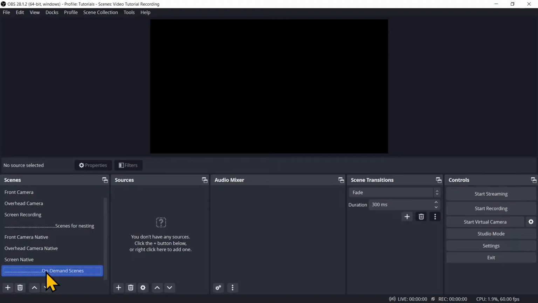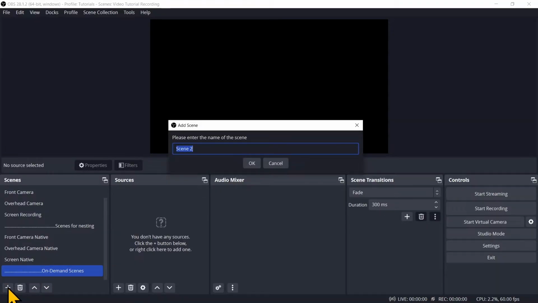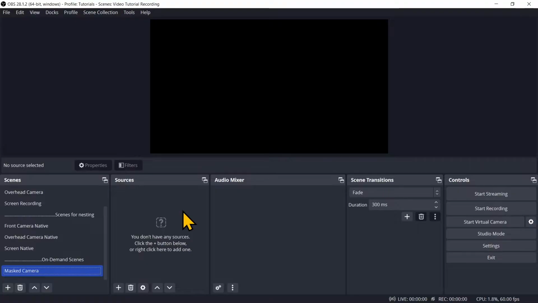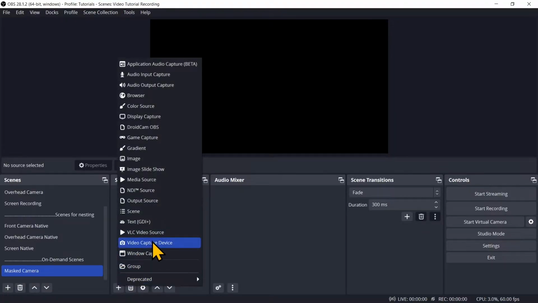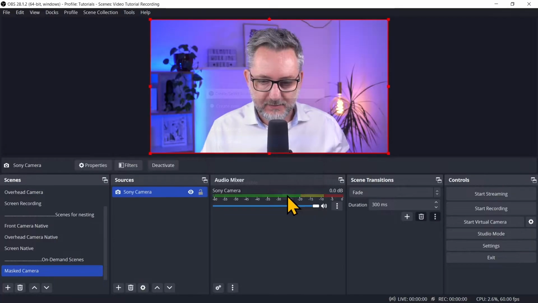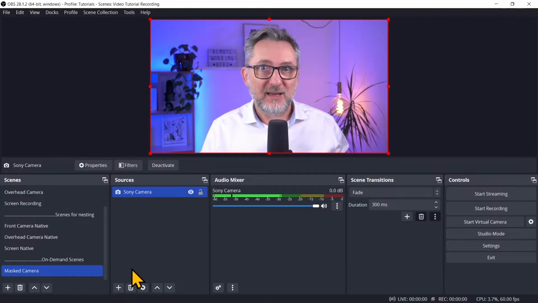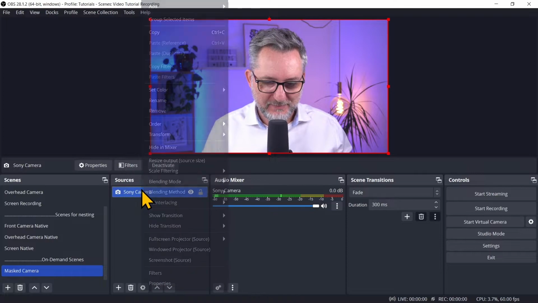The first on-demand element I will create is a masked camera. So let's click on plus and create a new masked camera scene. To create a masked camera, we will have to use our main front camera. If I add the native source here and apply a mask blend filter to it,